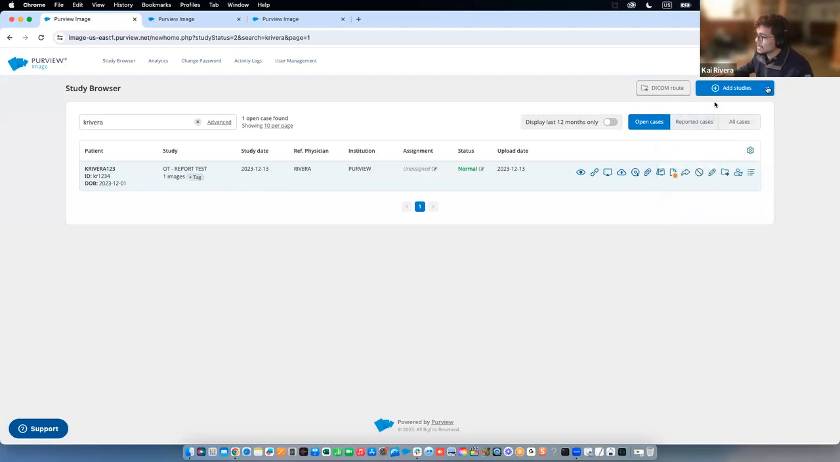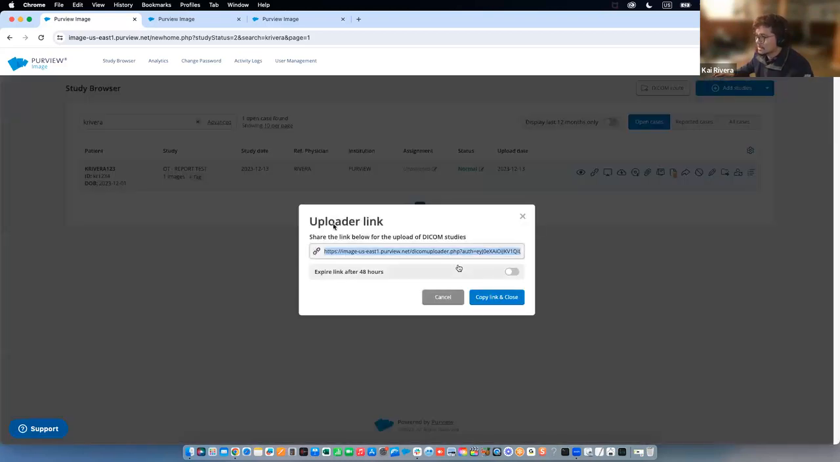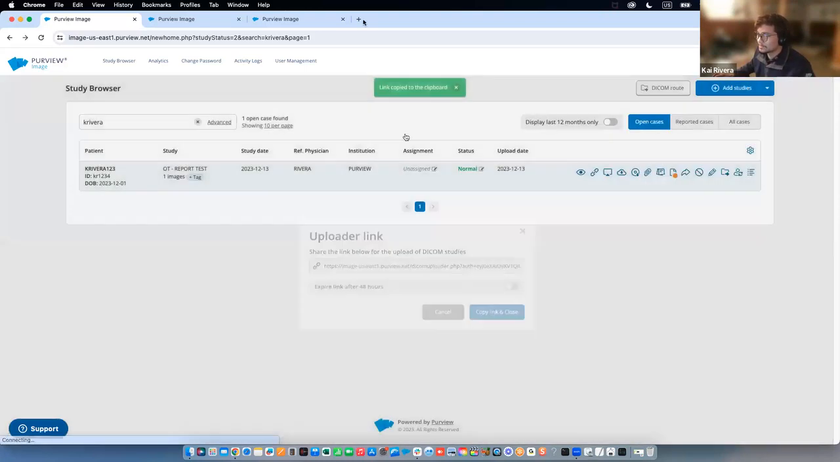Another cool thing is that if you are collaborating with somebody who has access to the images, but they don't have a Purview account, you can create a link to upload to your account by clicking this link, and you'll be able to generate an upload link. If I copy that